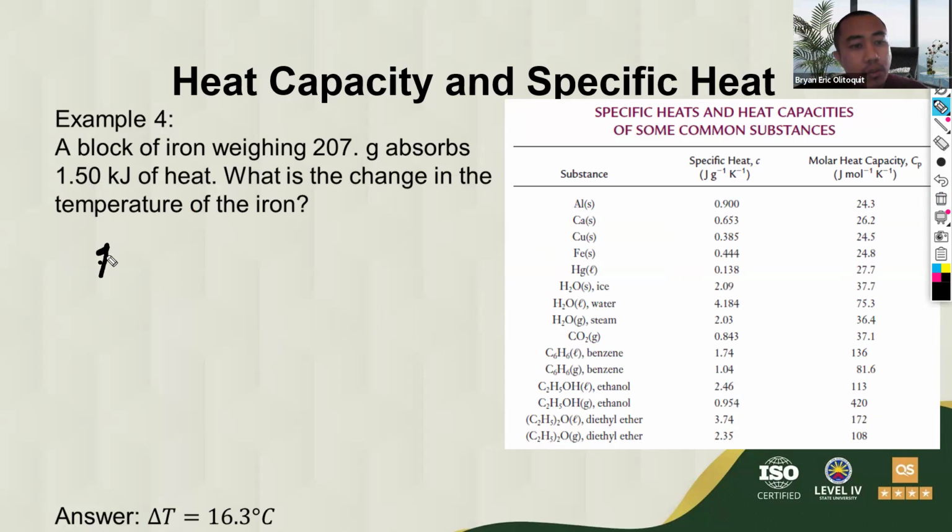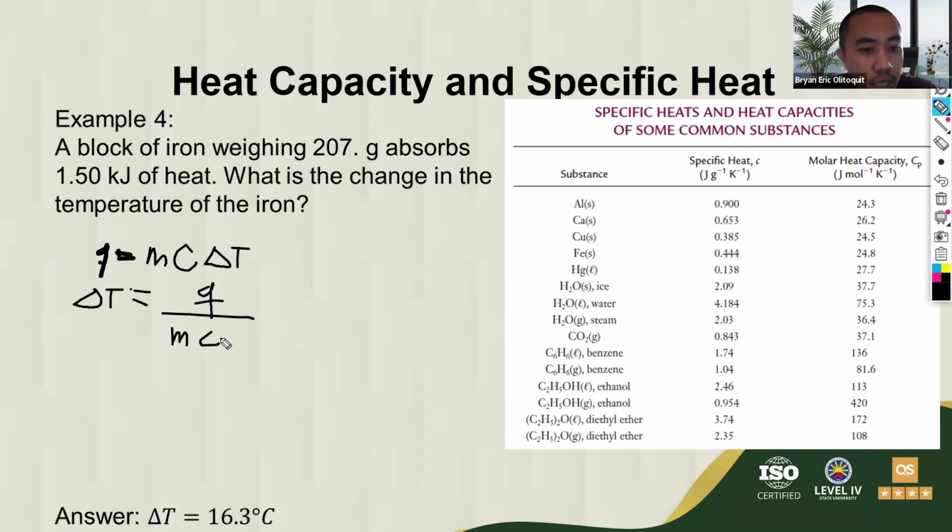Q equals MC delta T. So, kung delta T ang hinahanap natin, manipulating this equation, you now have the change in temperature as equivalent to Q over MC, wherein sabi natin from the problem, Q is 1.5 kilojoules or 1,500 joules over the mass of 207